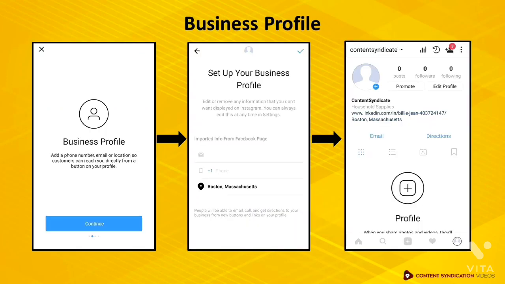The first one would be your business profile, where you need to fill in all the required info. But if your Facebook page already has the necessary info, it will be imported from it instead. When you filled in all the fields, your business profile will be filled with call to action buttons. This will make it easier for your followers to contact you directly. As you can see, you have your website link, email, and directions button available for your followers.